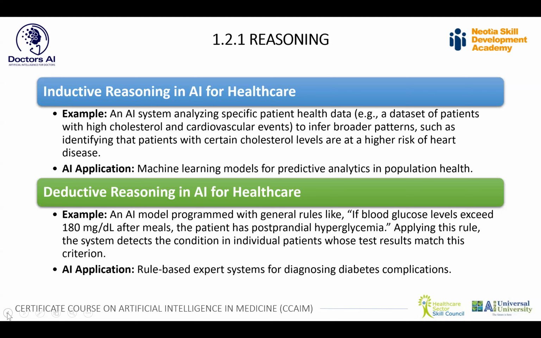And deductive reasoning is where you're giving a specific rule, the top to bottom approach, versus the bottom to top approach, which Professor Roy Gupta has explained. So when you're looking at a specific set of data points, not a general instruction like if this is this, then this is this, but a specific data point like cholesterol and cardiovascular events, then that is inductive reasoning. When you're looking at a general set of data points or general rules, then that is deductive reasoning.